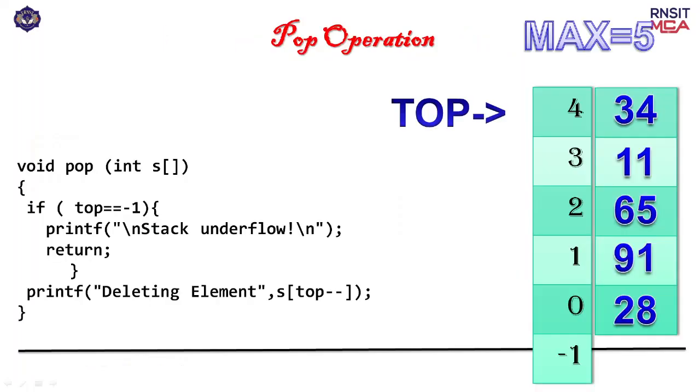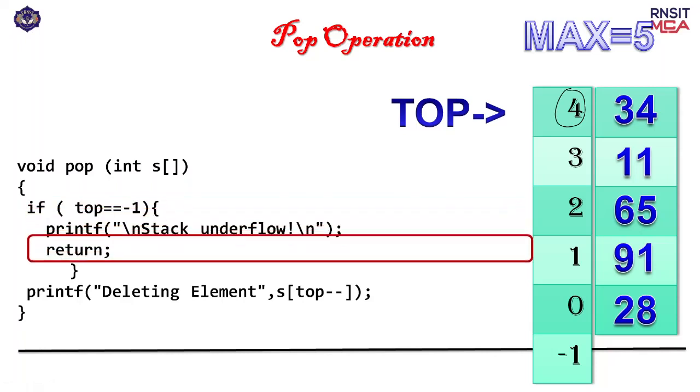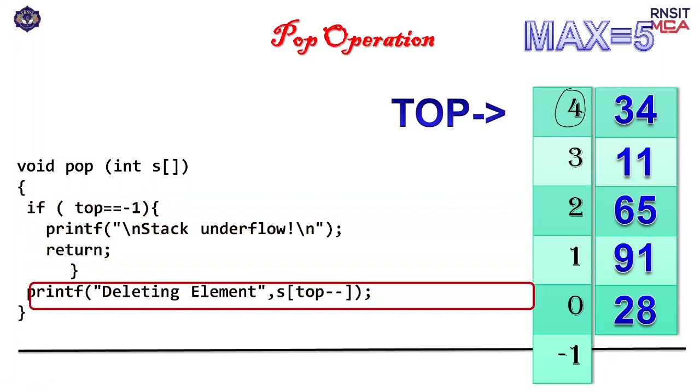Look at here. So this is the status of the stack now. Now, you call the pop function. You check whether top has value -1. No, top has value 4. Top is at position number 4. So it's not an underflow condition. So you will first return this 34 element, then you decrement top by 1. So first you return, then top minus minus.